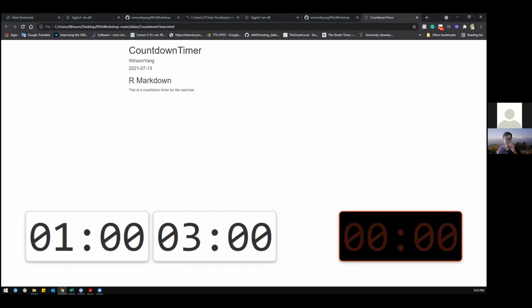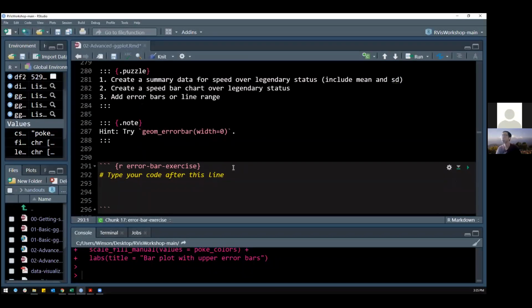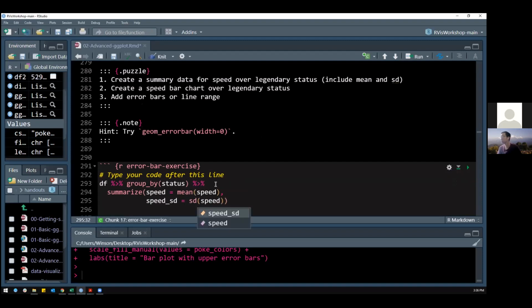Okay, let's continue with the exercise. So let's create a summary for speed over legendary status, group by legendary status. So over here, we need to add speed underscore SD equals to SD speed. One thing you have to note, you cannot rename it as speed, because if you rename it as speed, the entire line will get updated, and then right now there is no standard deviation because